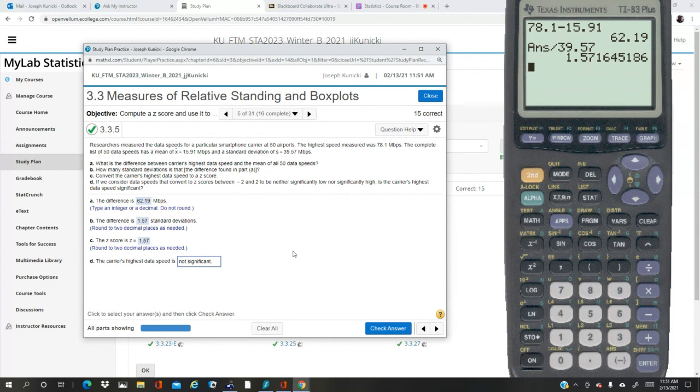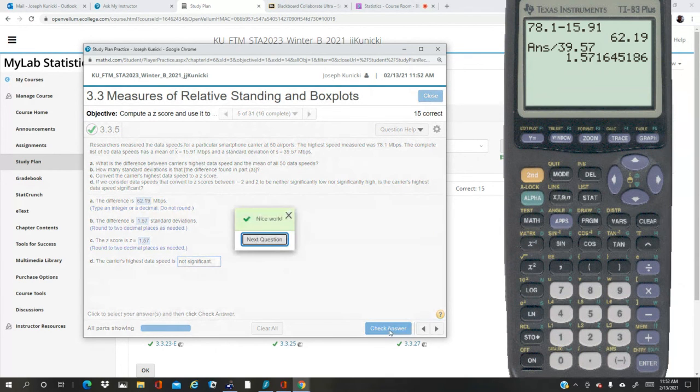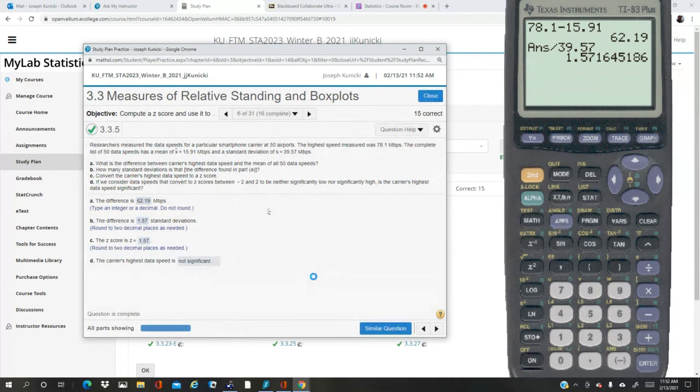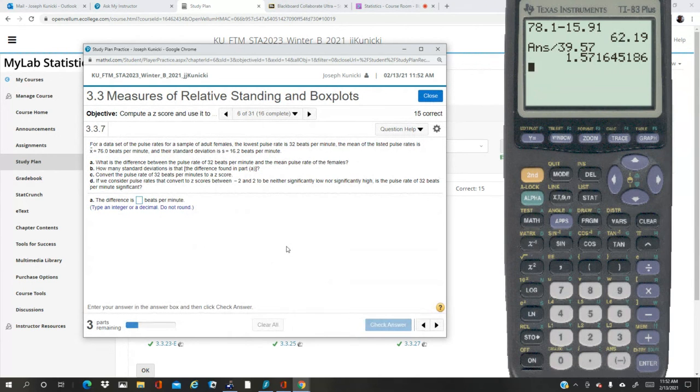We have to be outside in the tails. That's always true in statistics. You have to be in the tails. If you're in the middle, you're usual. If you're in the tails, you're unusual, or significance, another word. So not significant. All right, so that is question